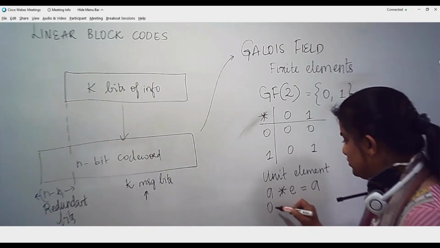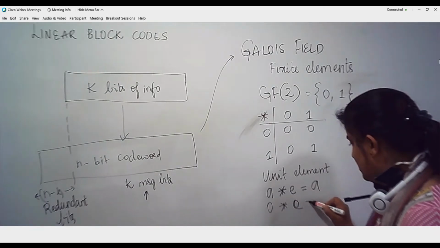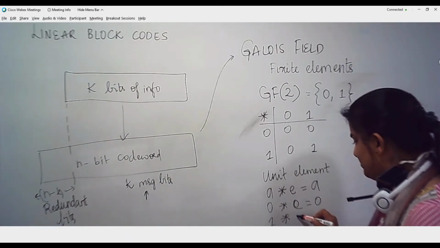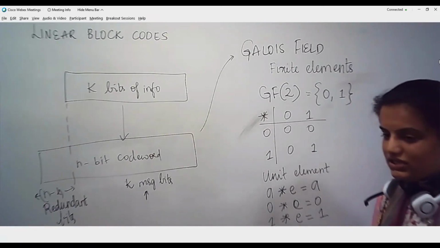Okay, so 0 multiplied with E, I should get 0. 1 multiplied with E, I should get a 1. Only thing is, see here,